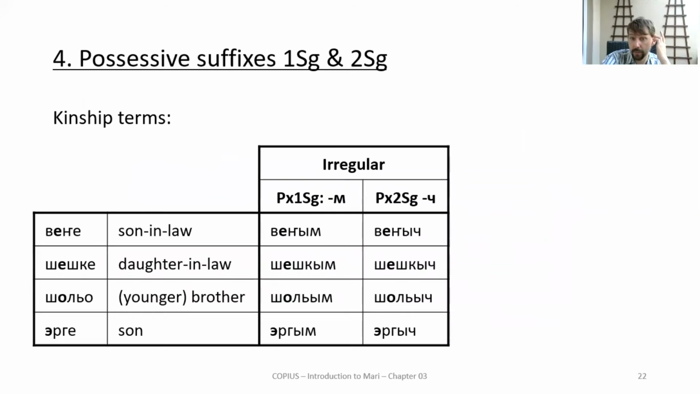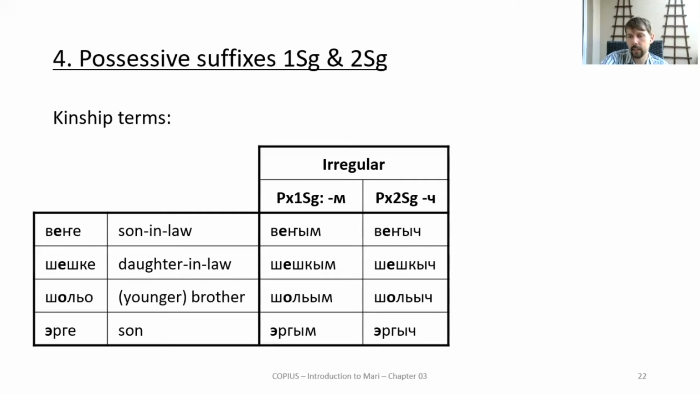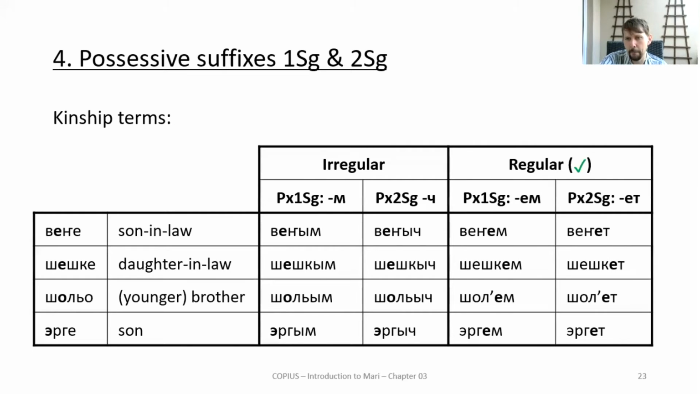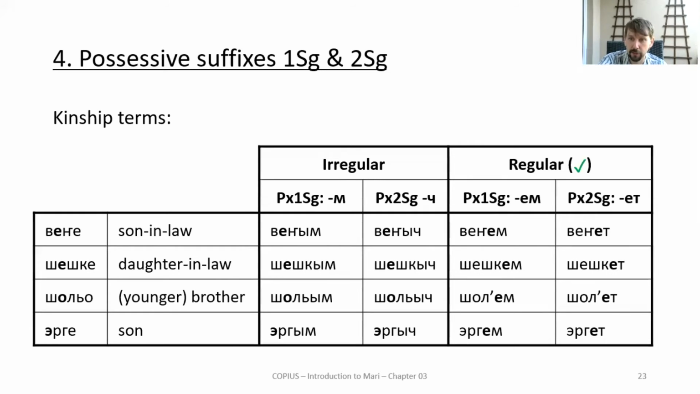Still working with possessive suffixes, we look at kinship terms, where some kinship terms have irregular forms of possessive suffixes, like venge, son-in-law, where the regular form might be vengem, my son-in-law. You also have the irregular form vengem. But the regular forms are permissible. You can use them. You just should also be aware of these irregular forms that only some very few kinship